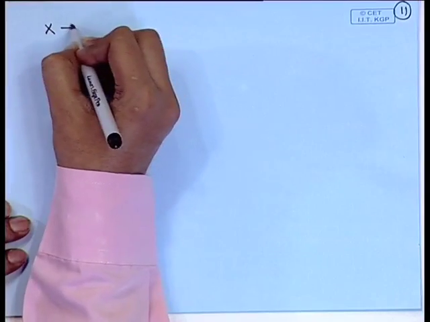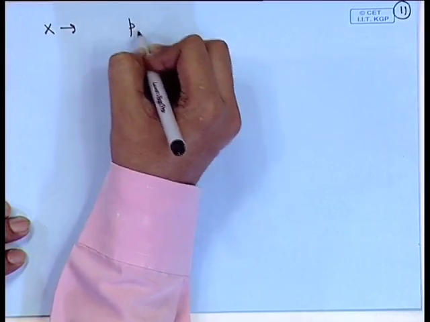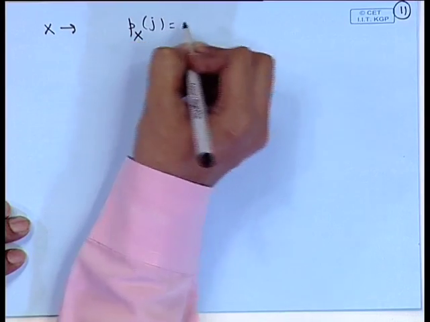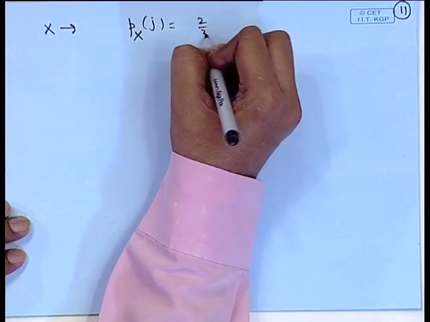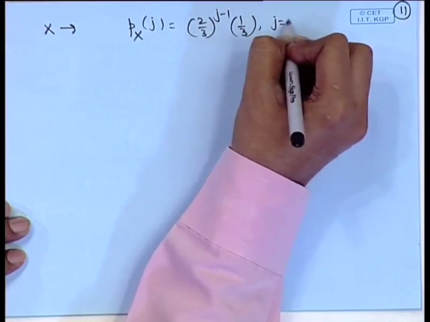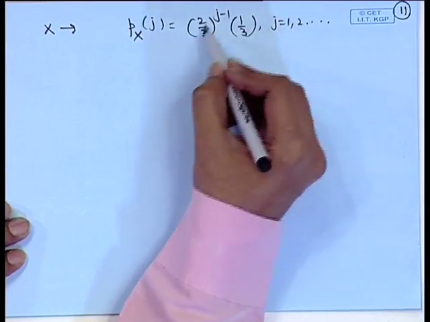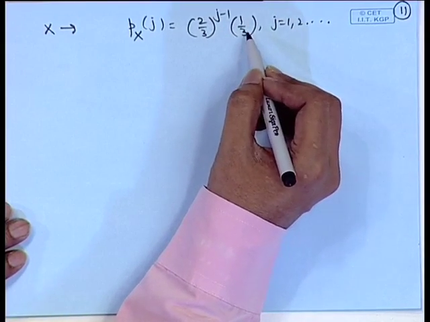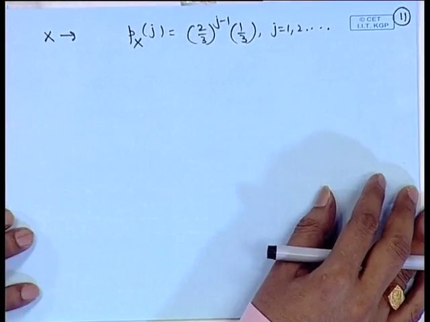So, this is perfectly a case of geometric distribution. If I am considering x as the number of trials needed, then you will have P(X = j) is equal to (2/3)^(j-1) into 1/3 for j equal to 1, 2 and so on. That means, in the first trial you will get a success with probability 1/3, in the second trial you will get a success with probability 2/3 into 1/3